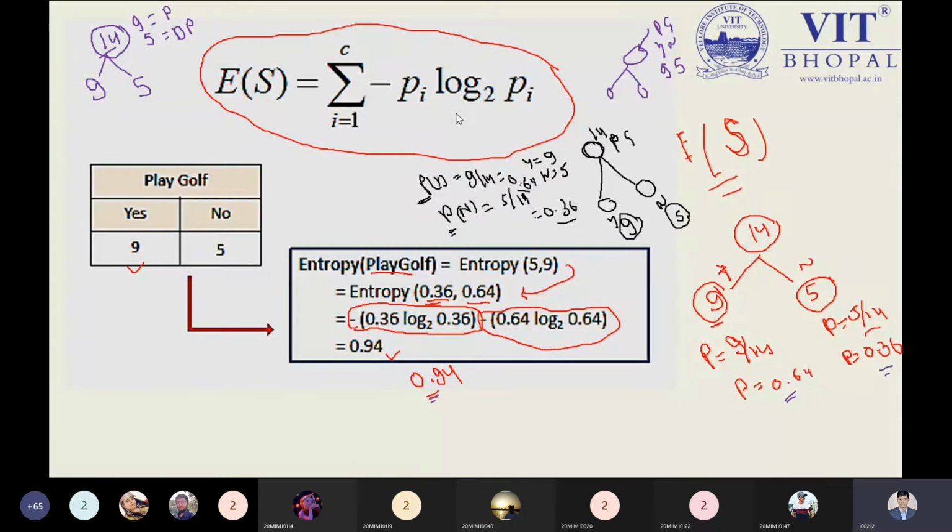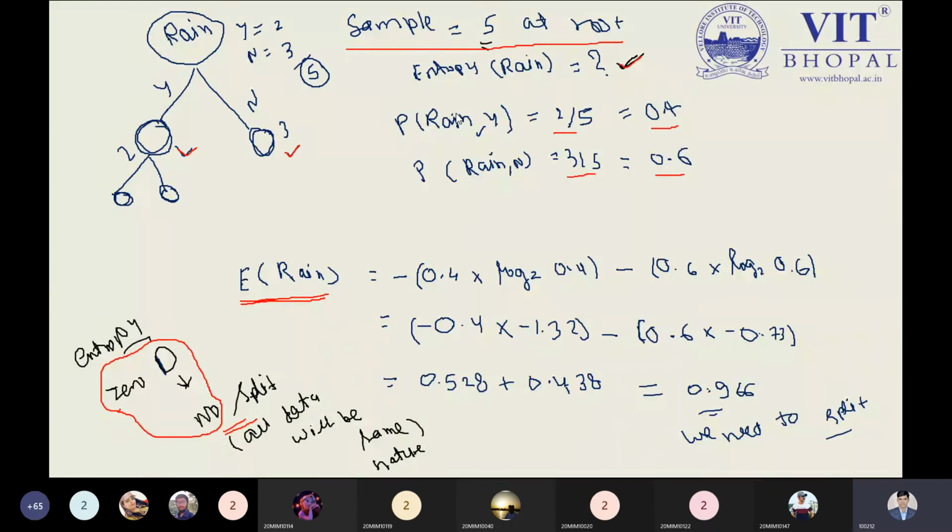Based on the students' requirement, a student asked me, sir, can you explain the thing with the help of another example? So before moving to determine the information gain, I have taken a random example, just random data. My data is about rain. In total we have 5 people. Out of the 5 people, 2 people are saying there is some chance rain could be, and 3 people are saying no, there is no chance the rain will be. So I'm categorizing my data into two parts.